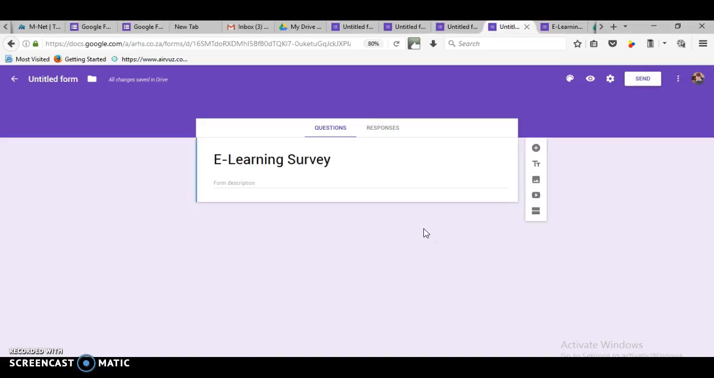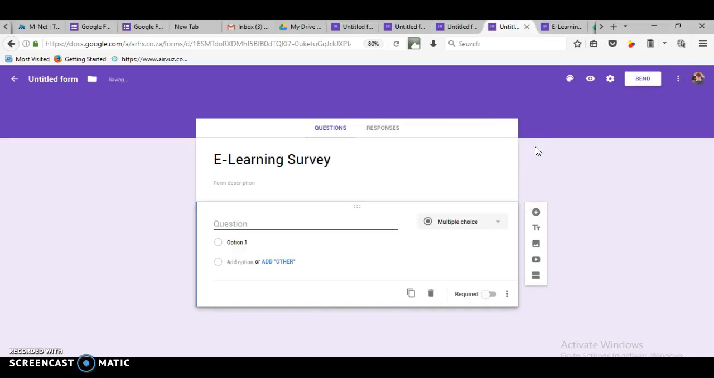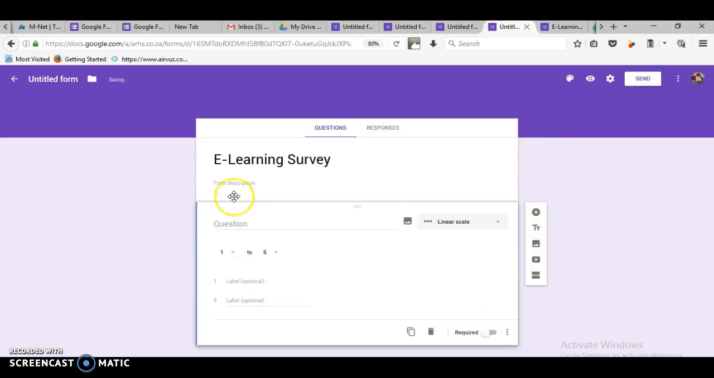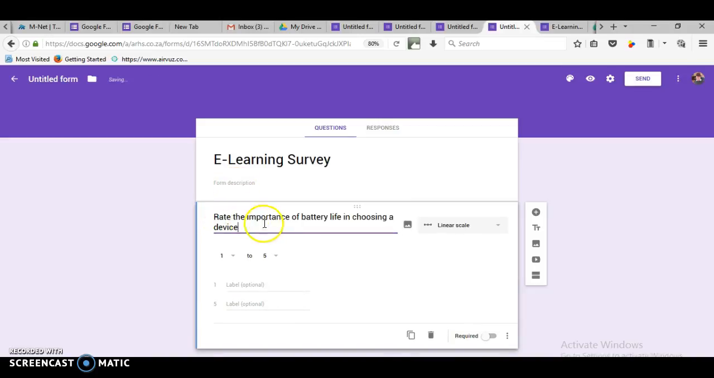Right, now, as much as we'd like questions to be neat yes and no's, often people want to give their opinion on a scale, ranging from perhaps very poor to very good, or whatever the question would dictate. For that type of question, we have a different type of question, and that's called the linear scale one. So, for example, let's just say I want to ask a question to say, rate the importance of battery life in choosing a device for e-learning in the school, on a scale of 1 to 5, and you would say